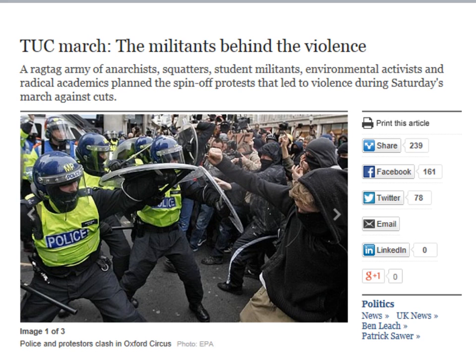One of the examples that I want to have a look at in class is this particular media text, which is an article that appeared in the Daily Telegraph newspaper a few years ago after there had been violence during a demonstration and march organised by the trade union movement to protest against government cuts. What I'd like you to think about before you come to class is how we can apply the decoding model to this particular story.